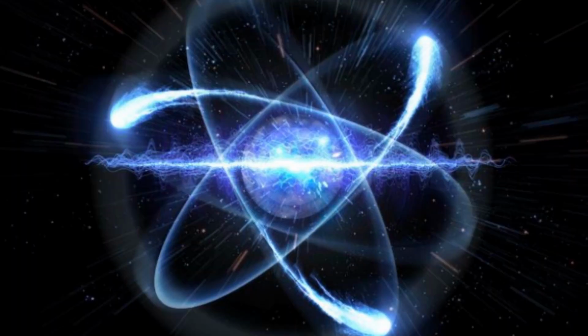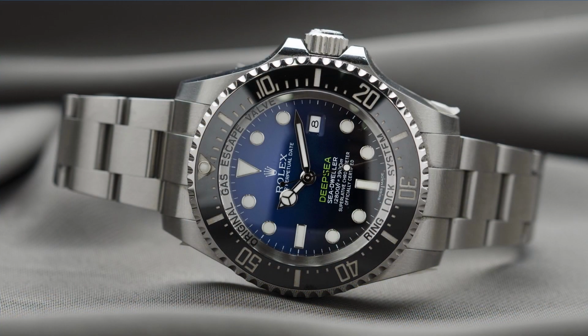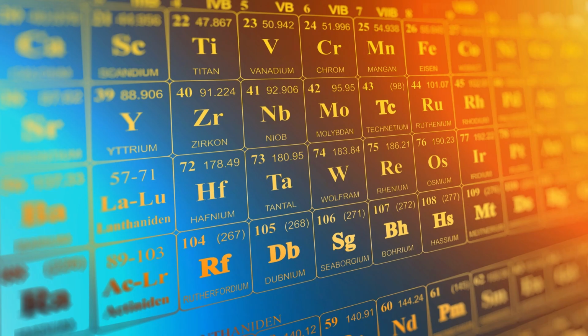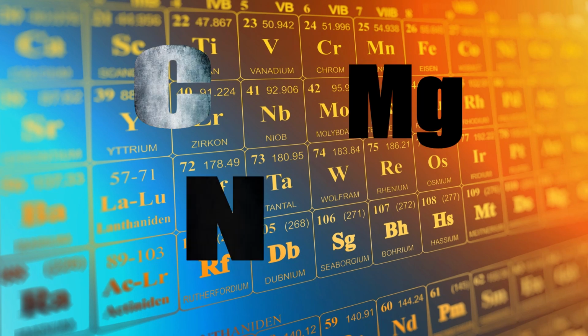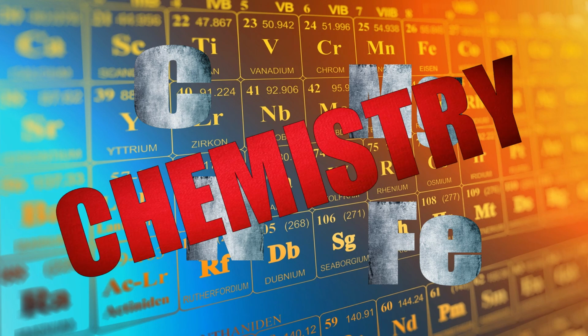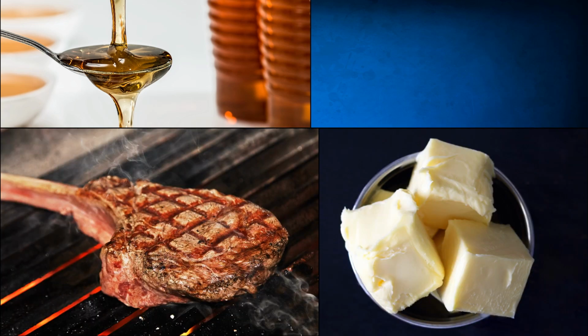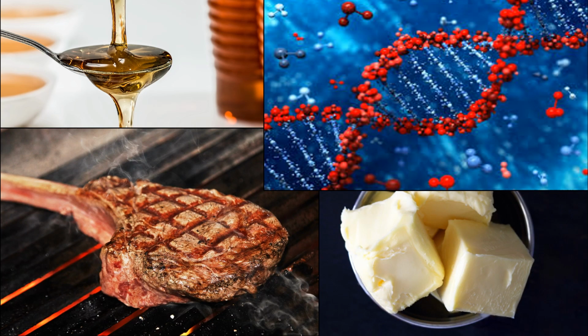But remember that the atom is the basic building block of all matter, both living and non-living. So when we talk about atoms like carbon, nitrogen, magnesium, and iron, we're talking strictly chemistry. But when atoms join together to form molecules, like carbohydrates, lipids, proteins, and nucleic acids, well, then we can start